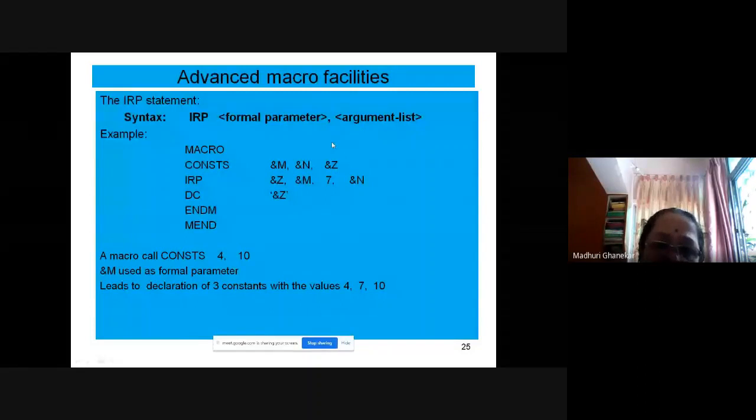Now see what happens if the call is CONST 4, 10. N becomes 4 and Z becomes 10. So from 4 to 10 you have to execute, with M as the formal parameter. Now what is it doing? IRP &Z.